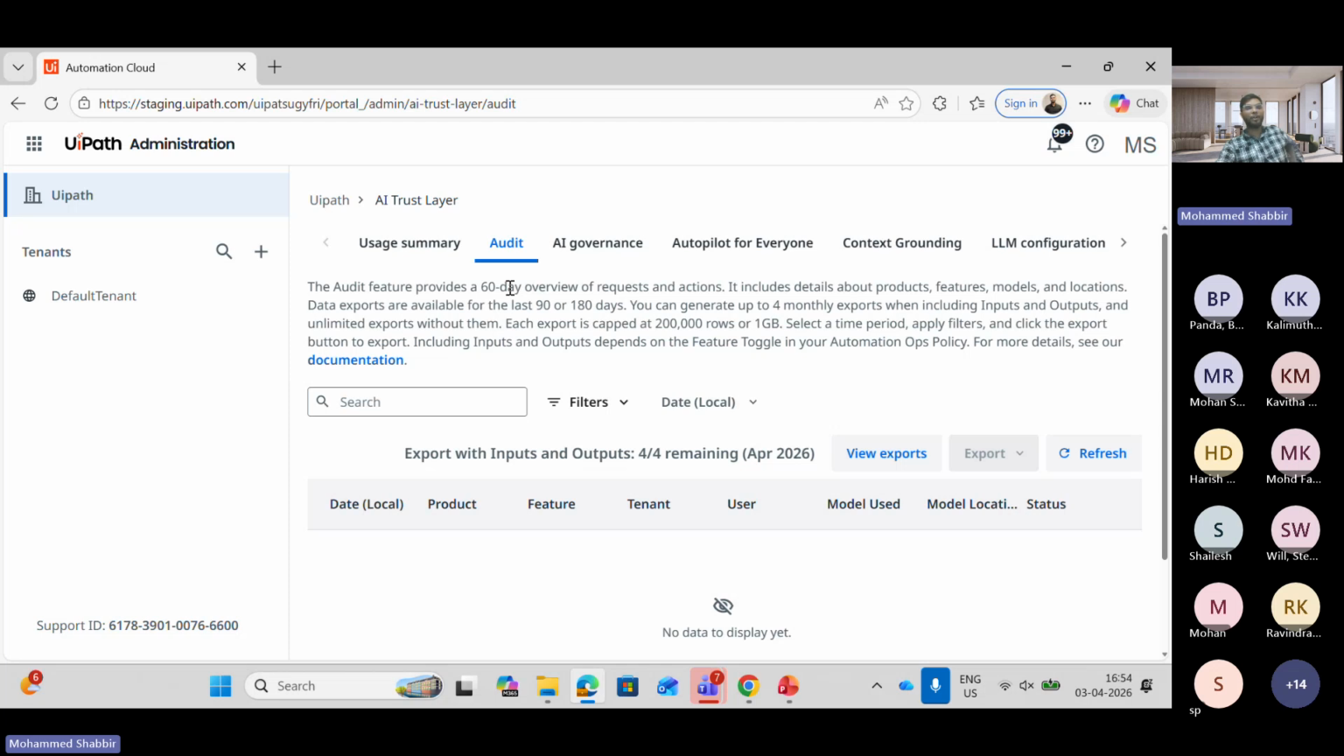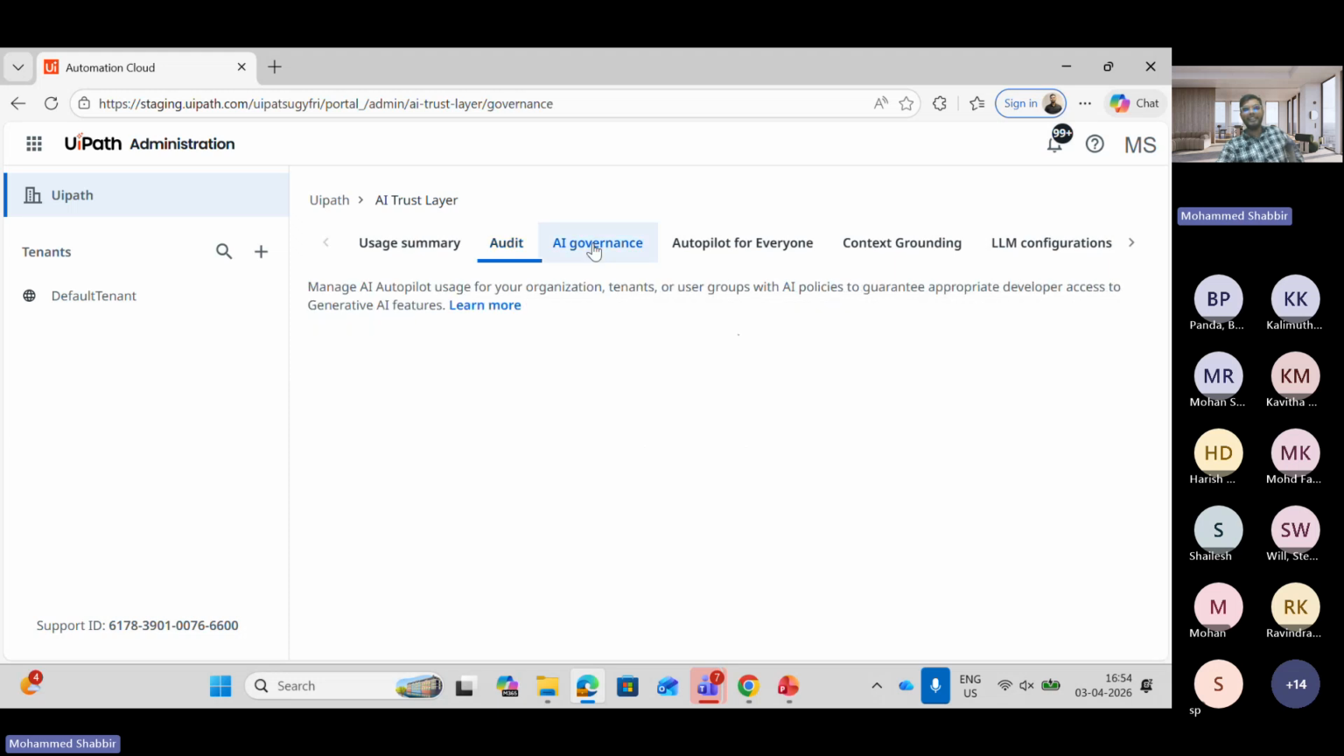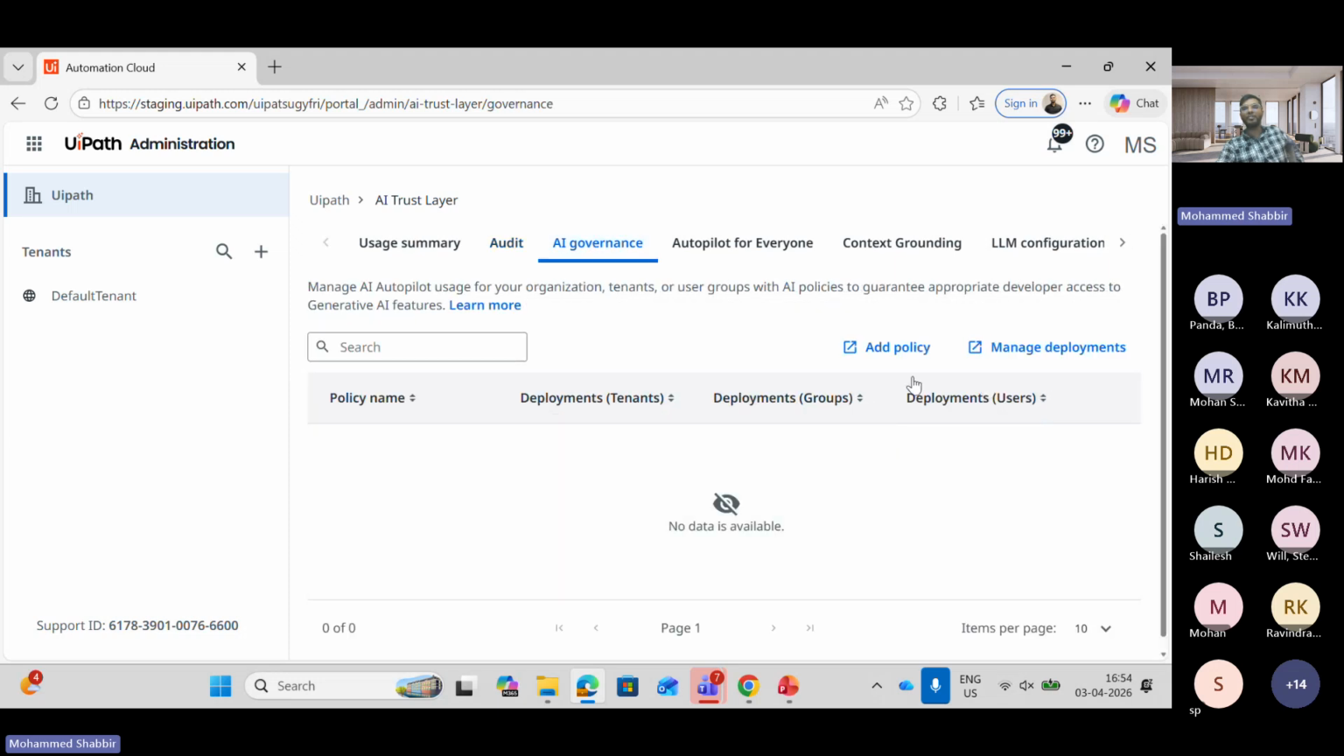what exports, what models were being used, what product features, at what location, what data was exported. Everything, right? You can get it at this level on the audit tab when you set up all these things. So in the AI governance, you can set up all the rules here, what kind of policies you want to set up. I'll show you that policy,